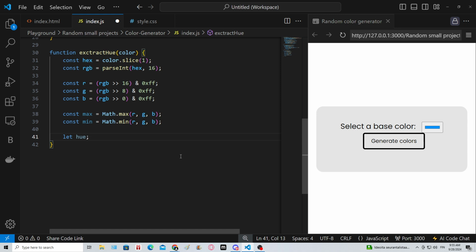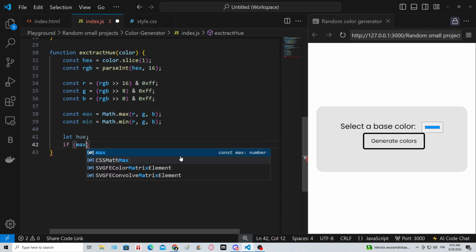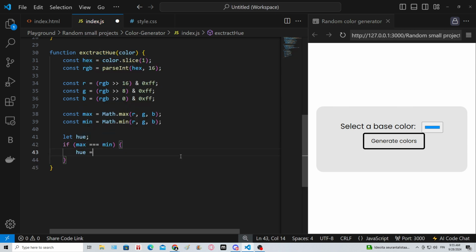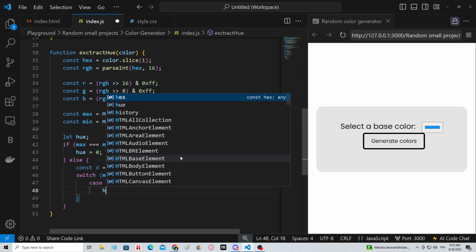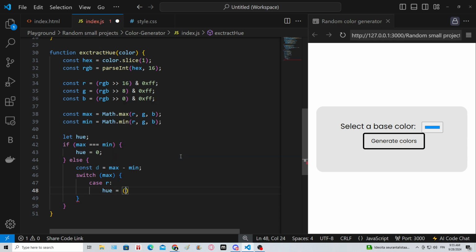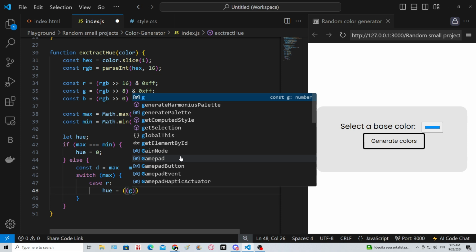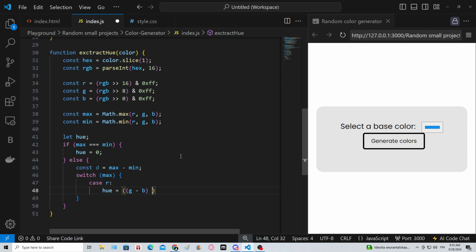Then I'm gonna declare a variable hue, but not yet assign it. I'm gonna make an if statement, so if the max is equal to min, we are setting the hue to be 0. Else we will make a constant of d, max minus min. And then I'm gonna use a switch to examine the value of max. So let's go. So the case R is going to be hue equals G minus B divided by D